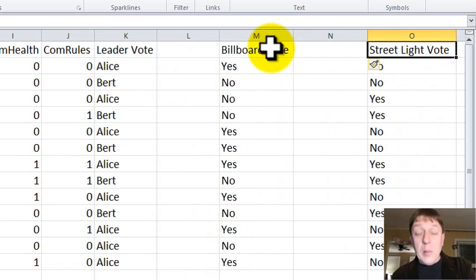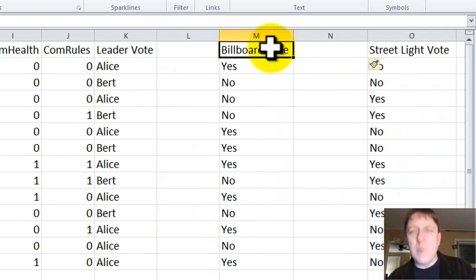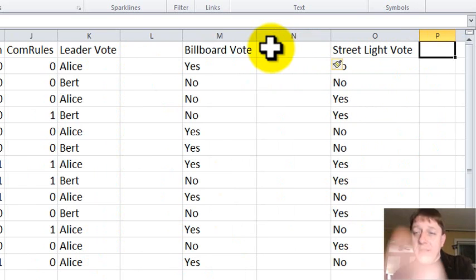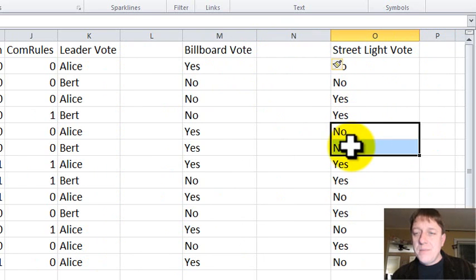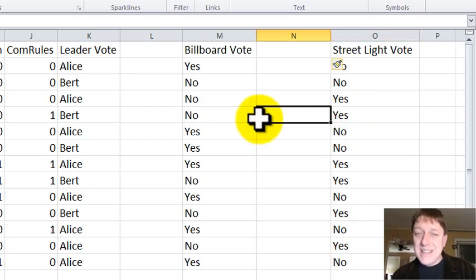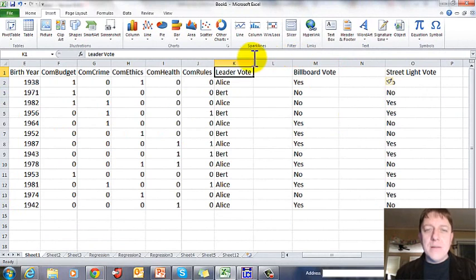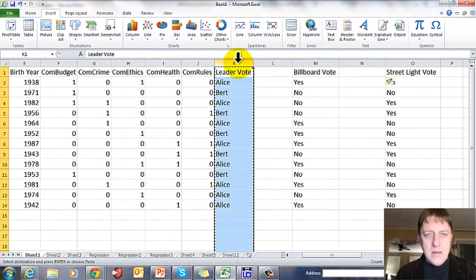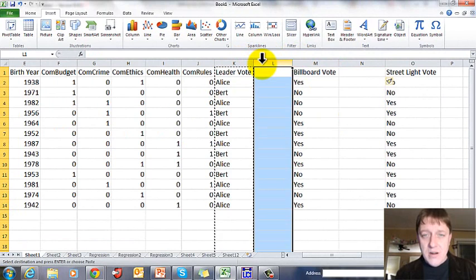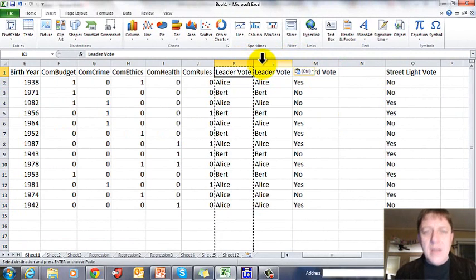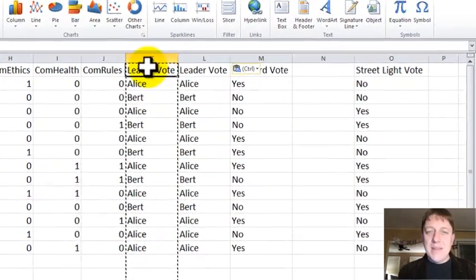We're going to have the same problem for billboard vote, of voting on a new billboard law. Because voting no together is as meaningful as voting yes together. And we want the same thing for a streetlight vote. Voting no together is as important as voting yes together. Now that we have these spaces, what are we going to do? I'm going to copy this over here. K, Control C. I'm going to head over here to column L and do Control V. That's Control C for copy, Control V for paste. And now I have two depictions of the same information,